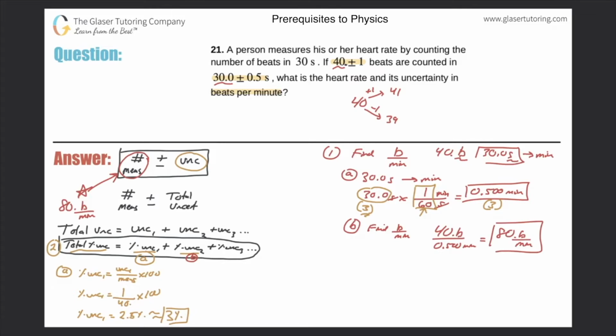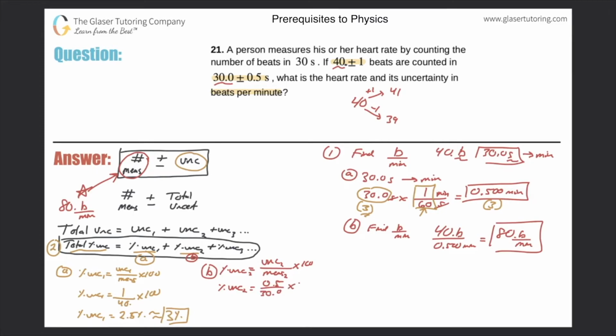Great. Now we can do the same approach for part B. The percent uncertainty associated with measurement 2 will be equal to the uncertainty of measurement 2 divided by the measurement of 2 multiplied by 100. So now I'm just taking the time calculations as measurement 2. If you go back to the problem, the uncertainty is always the plus or minus value. So that is the 0.5, so 0.5 divided by then the